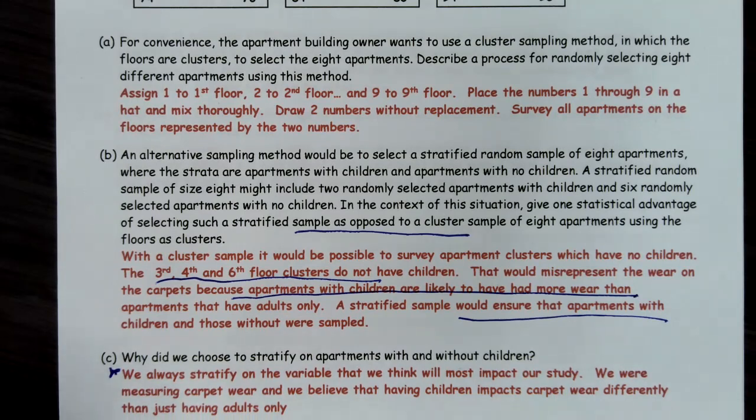Okay? We want to make sure that we have both because we believe that there is a difference in the two. We believe that there's a difference in gender, we stratify by male and female. We believe there's a difference in ages, we stratify in ages, okay? In this case, we believe that children wear carpet differently than adults, so we stratify on that because we want to control for that